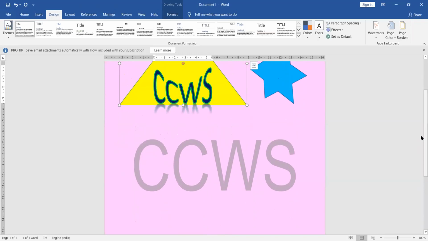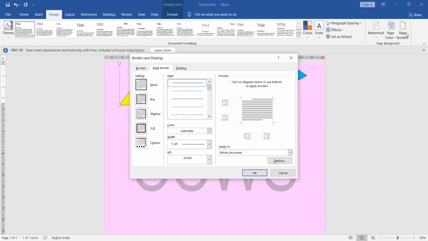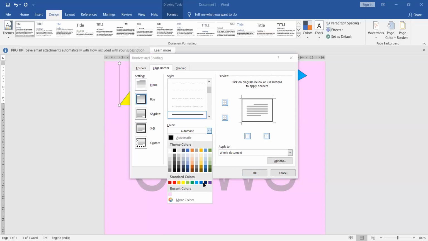Now the last thing which I want to add here is you can use page borders also. Okay. Page borders are basically to give you some kind of formal feel. If you are creating any formal document, then you will be using these borders, simple box ones. Okay. And then the weight also you can use, like it can be two lined also. Okay. Then you have to cover the whole document, right? Then the color you can choose. Suppose I want again this blue color.